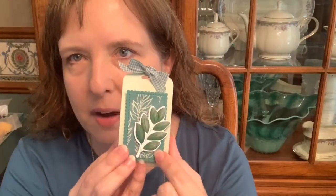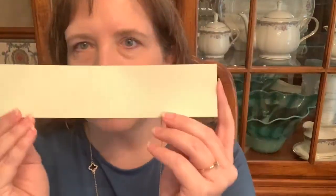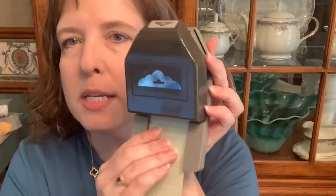and the matching designer series paper that I cut this out of. This is very simple to do. I started with a piece of our soft seafoam cardstock. It is 8 3/4 inches long by just under 2 inches wide, so that it will fit into any of our top punch label and tag punches. So I'm going to slide that in there